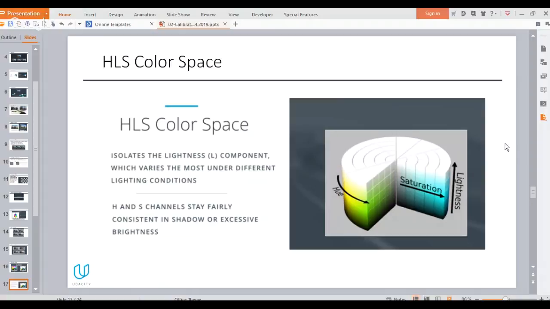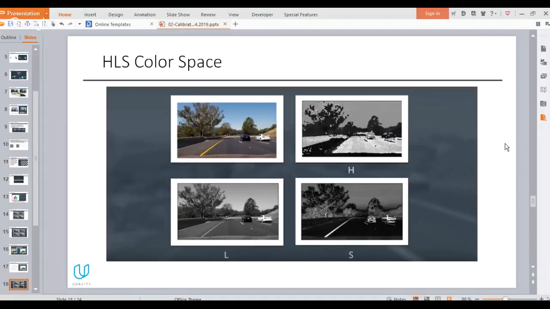And that's the advantage of using these color spaces. The same image is now separated into H, L, and S channels, and as you can see in the S channel, the saturation channel, yellow color is identified using the bright pixels, the white pixels, while in the H channel, the same has been highlighted using the black pixels. And in the L channel, it's very dull, almost near to grayscale, so it's not possible